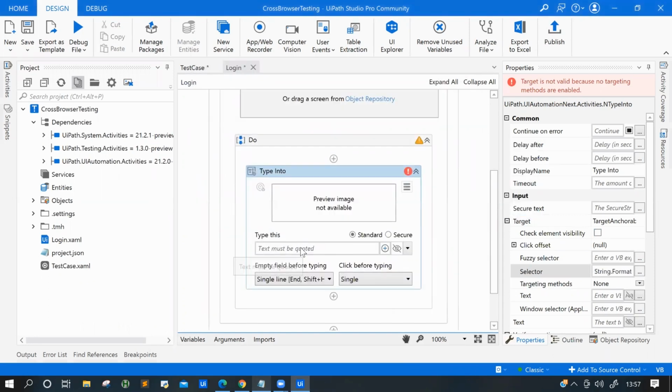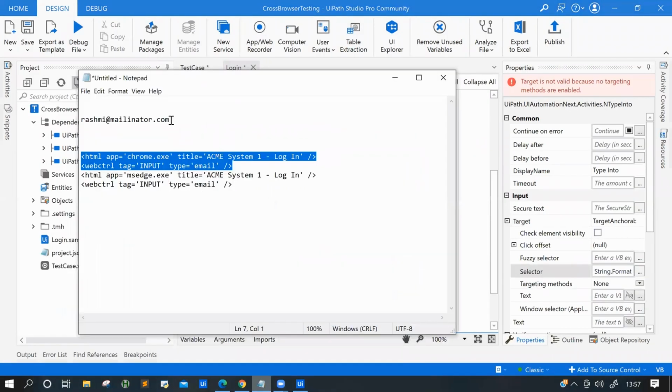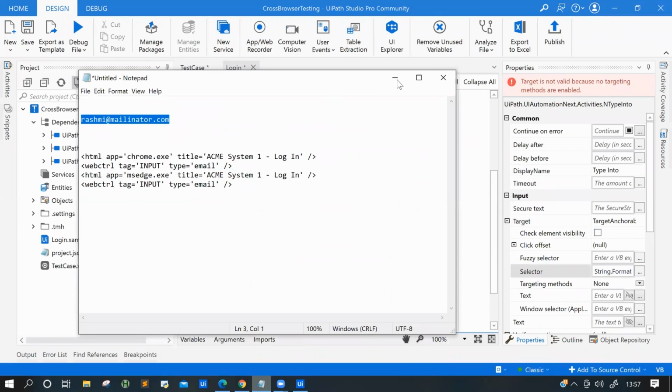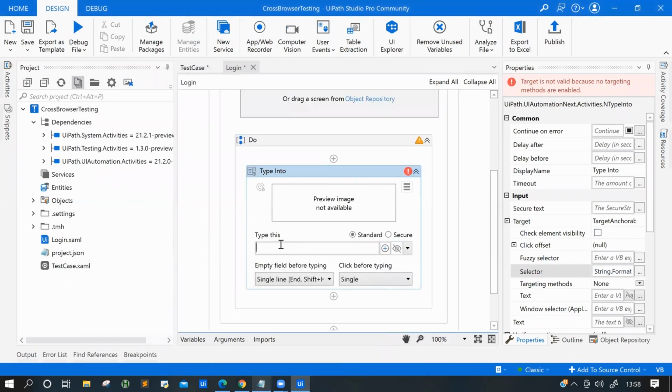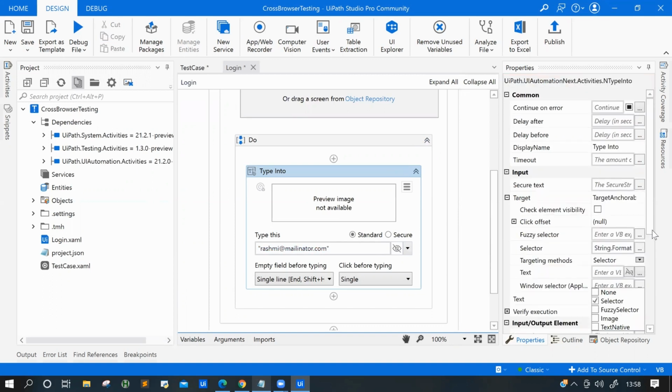And what you basically want to type is my username here. Okay, we are getting an error because we need to select one target method. It is either fuzzy selector or selector. So I'm going to use the selector.